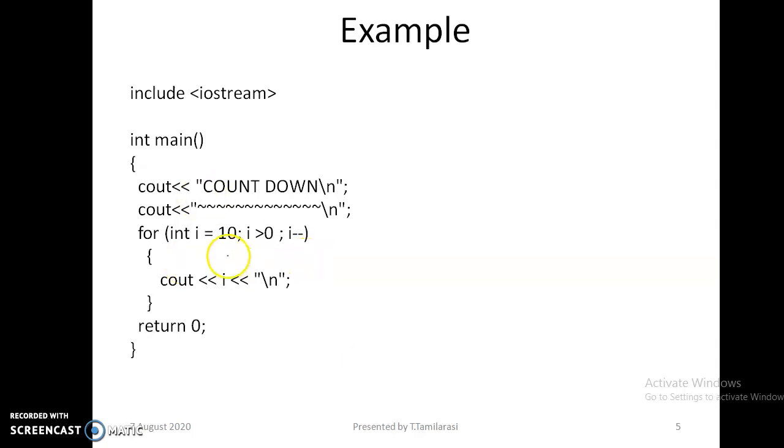Inside the for loop in main, I initialize my counter variable i as 10. How is the compiler going to execute? After printing this statement, it initializes the value, then checks the condition. Now 10 is greater than 0, the condition is true, so it is going to execute this statement, that is, print the i value.